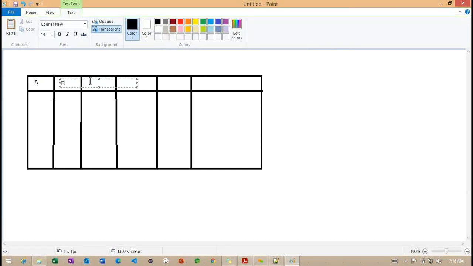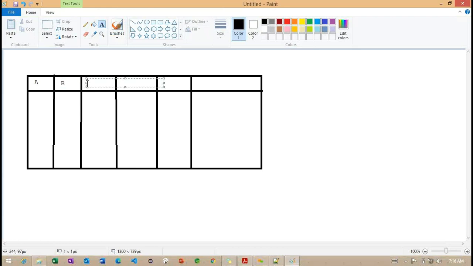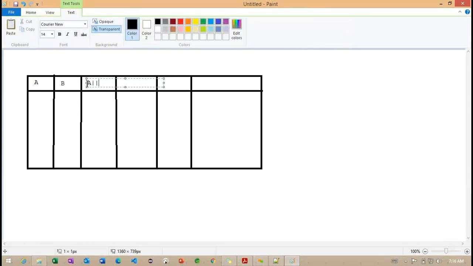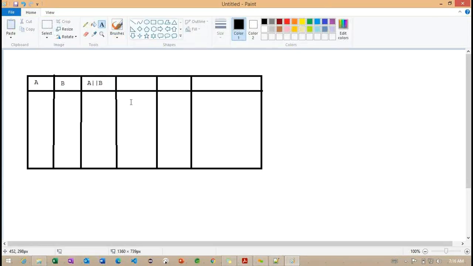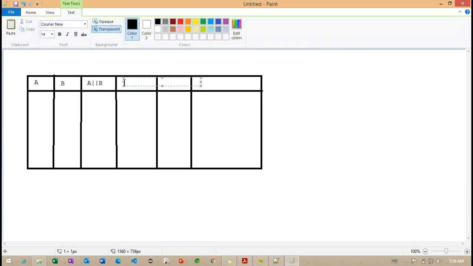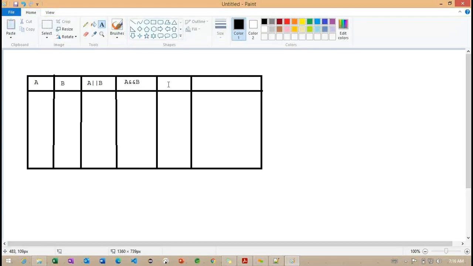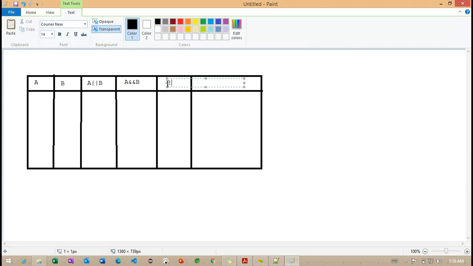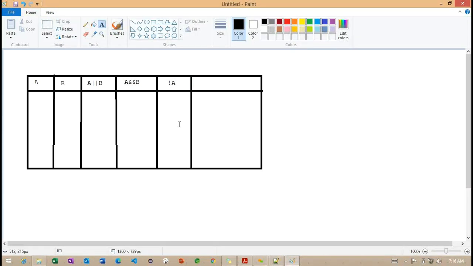I want to define here A and B, for this A OR B, and A AND B. Finally, not A, and in the same way we can go for not B also.